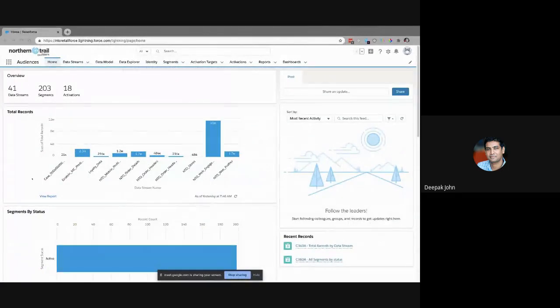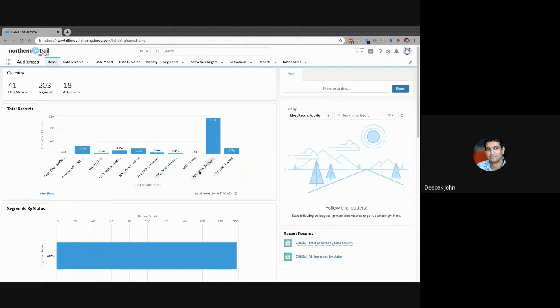So again, it's a cloud-based solution. It's a platform that is built on force.com that we all have come to love. In this case, we're going to look at NTO, and how NTO is using the 360 to ingest and unify data from multiple sources, and also build targeted customer segments. As I'm scrolling down the page, you can see the total number of records within the platform, millions of customer records, and we can do the segmentation and do all of this at scale.